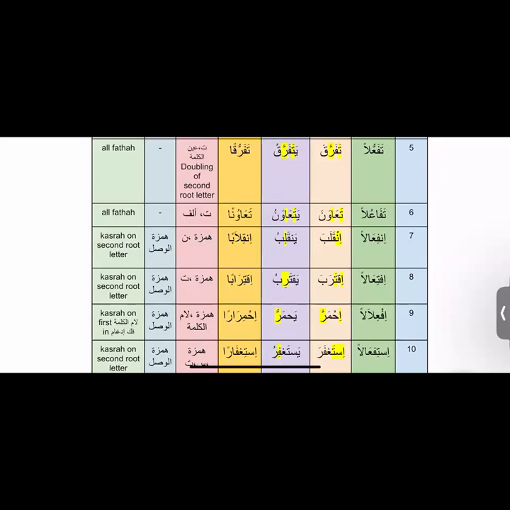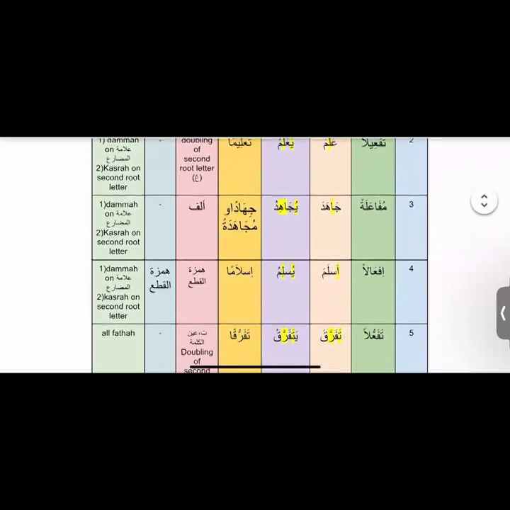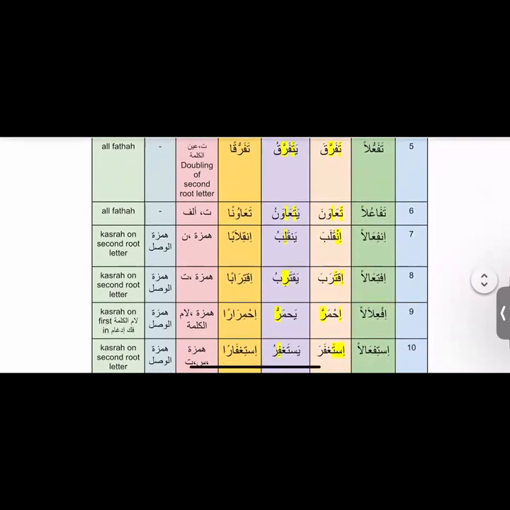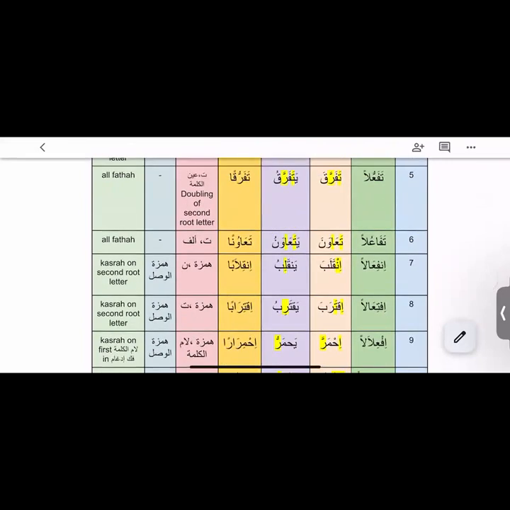And you are not seeing any hamza here, right? Do we see any hamza here? No. We see hamzatul qata' among the dhamma families. In case of aslama, hamzatul qata' we see. In case of fataha families, you are not seeing any hamza. But is it absolute that you are never going to see any hamza in case of your 5 and 6? Or is there a condition when you are going to see hamza? Yes, you are going to see hamza.